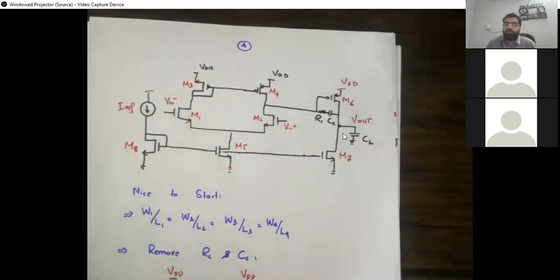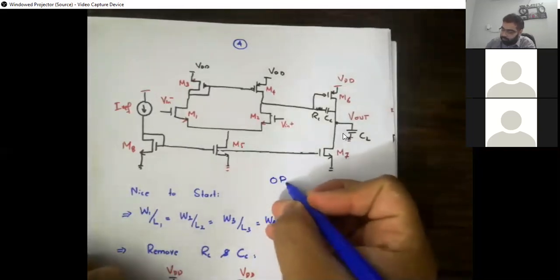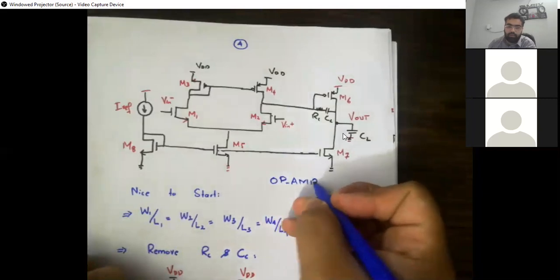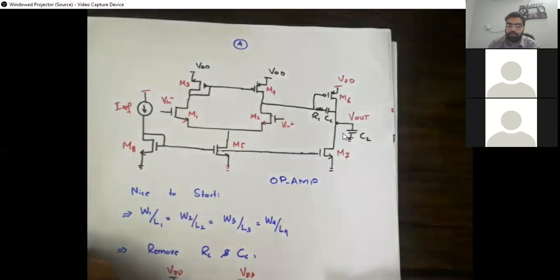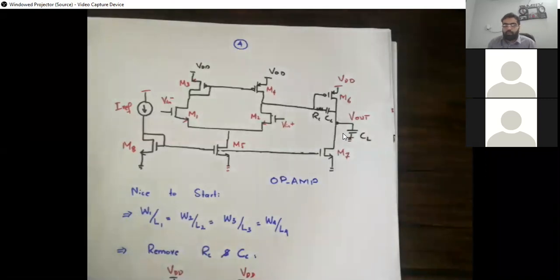So the first thing we want to do is analyze this operational amplifier, the op-amp. I want all of you to focus a little bit and try to analyze what's happening here. I will give you 1 minute, and then we can start talking about this circuit. So just take 1 minute and try to absorb where the input is, where the output is, and also try to depict whether this is a common source, a differential amplifier, a common gate, or a current mirror. So try to analyze these things. It will help us in digging deep together.